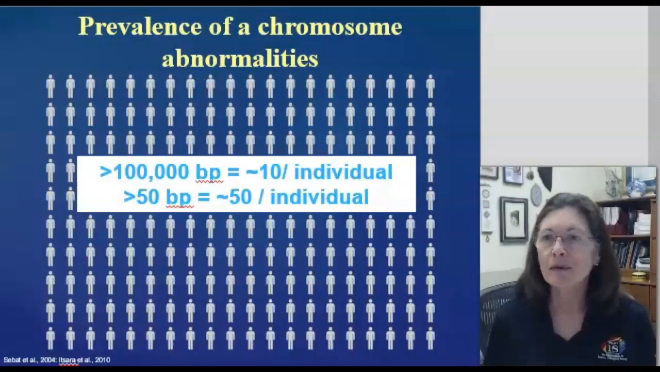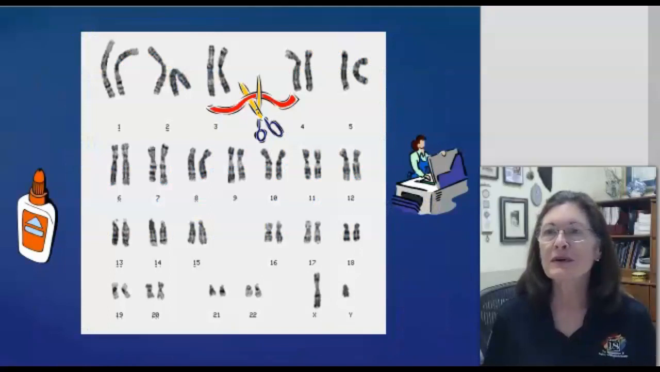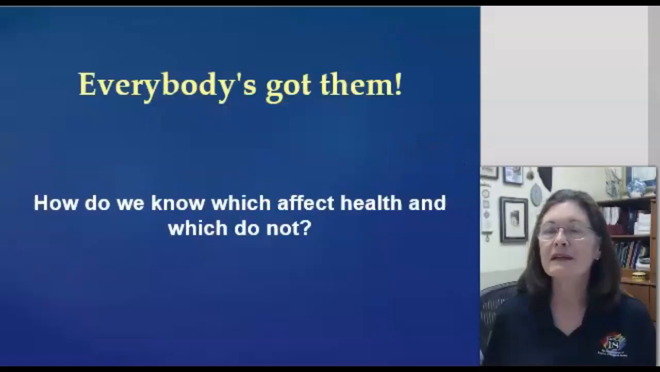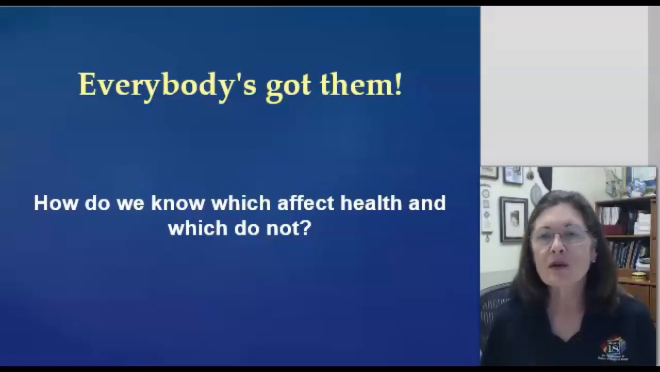So what does this mean? Well, we're back to the slide I use all the time. Anything you can do to this picture of chromosomes with scissors, glue, and a copy machine can really happen, and it does really happen. What that means is we all have chromosome abnormalities, every single one of us, and we even have more than one. But most of us, or many of us, are relatively healthy, so how do we know which ones affect health and which ones don't? That is the million-dollar question that we're going to